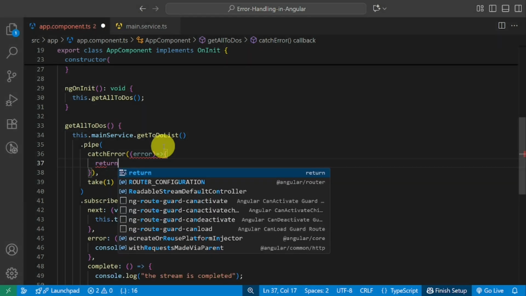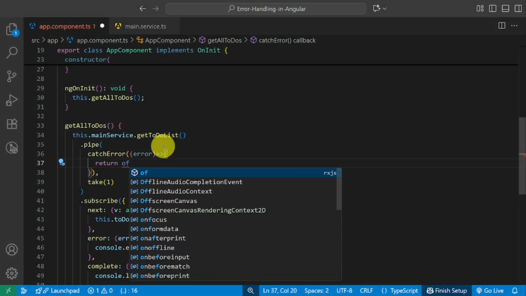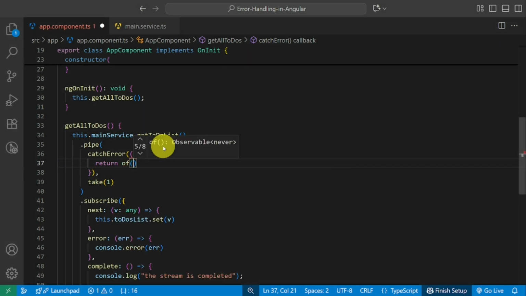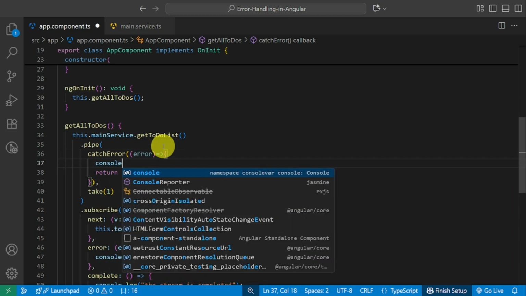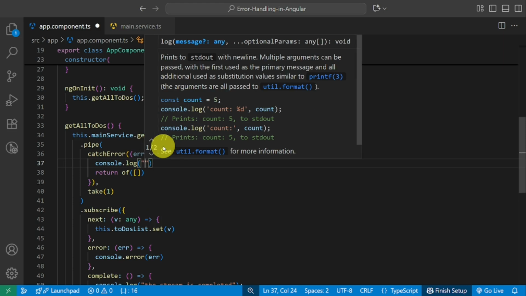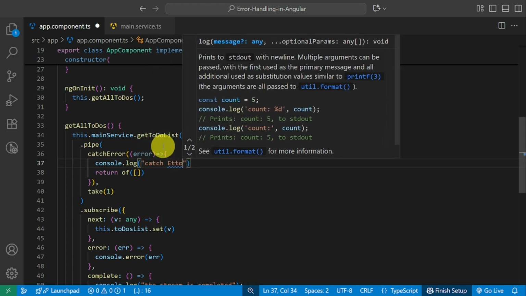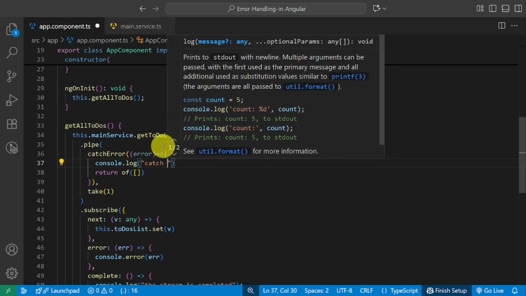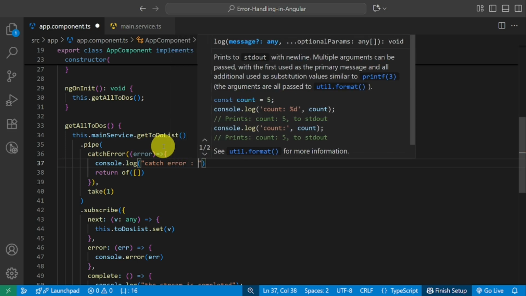The replace strategy is the most user-friendly for UI. When an error happens, just return a perfectly healthy observable, which here is the of operator from RxJS which makes an observable. Now as you can see, I write console.log here for debugging the error.